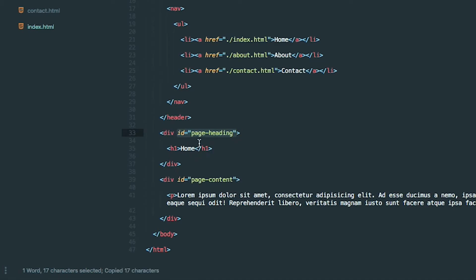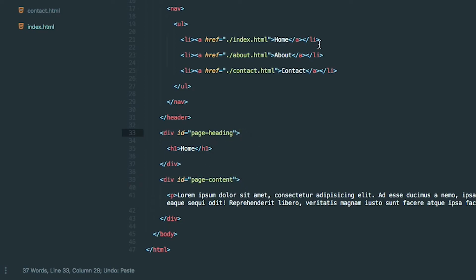So I would never want to use this on this div as well. This would be bad,